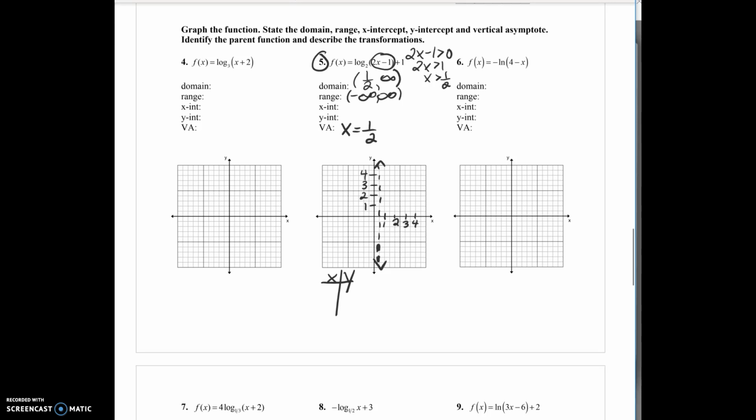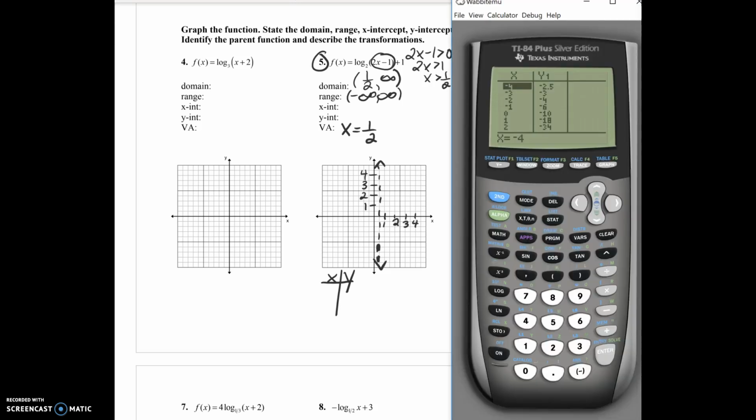Now, as long as you have an updated calculator, you can do log base. And there's 2 ways to get it. You could go to math, or you can hit alpha window. Alpha window has a couple shortcuts, and if you select log base, it puts the base in there for you. And then 2x minus 1